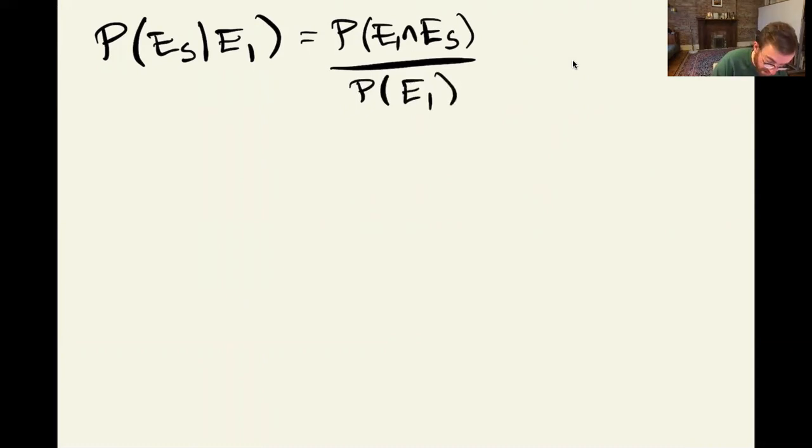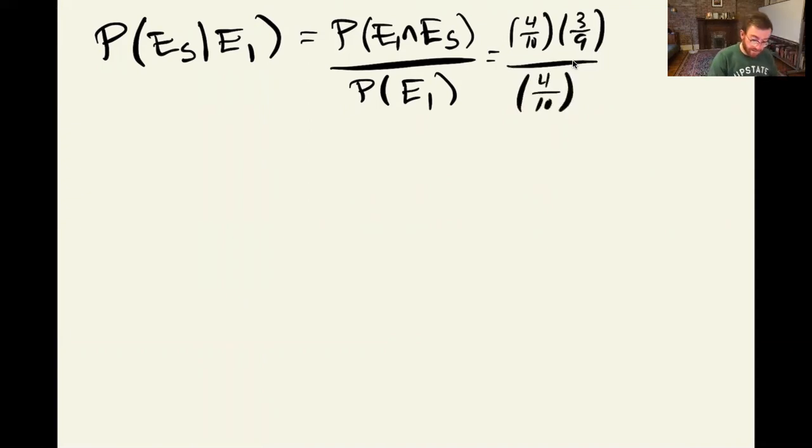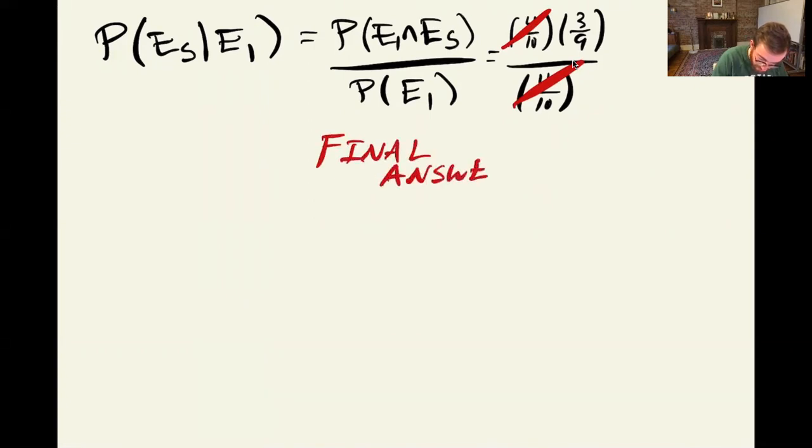So again, we had 4/10 times 3/9, divided by the probability of E1 occurring, which is 4/10. These cancel, and we get that the final answer is 3/9,